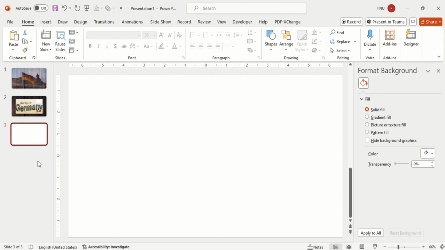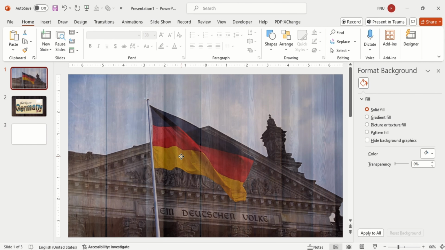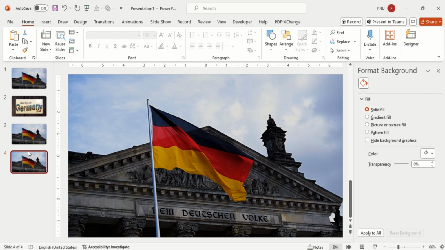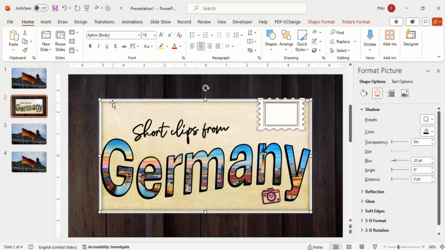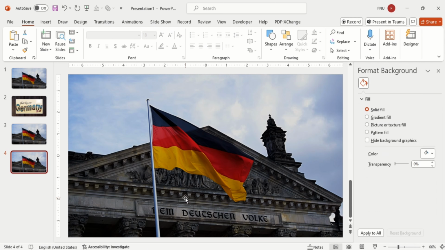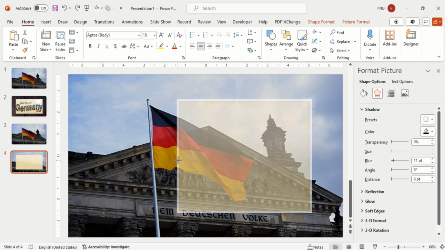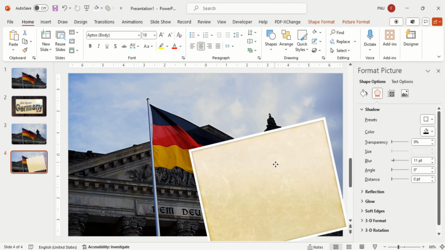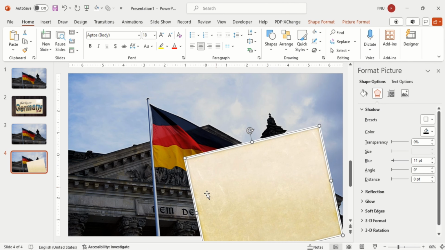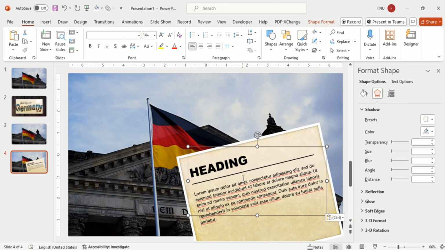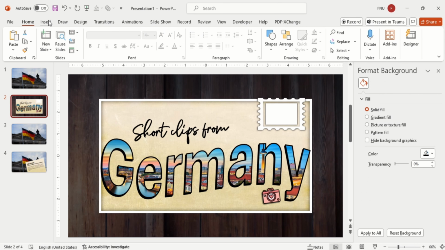Now add a new slide, copy the picture from the first slide and then paste it here. Then duplicate this slide and insert a text box. Align it. Insert your content. Now for the slide zoom effect, go to the main slide of your presentation, then go to